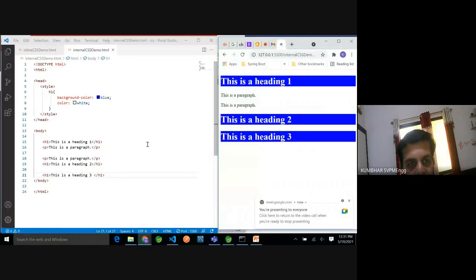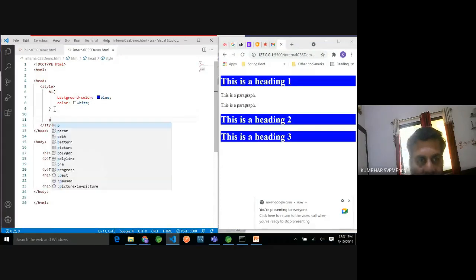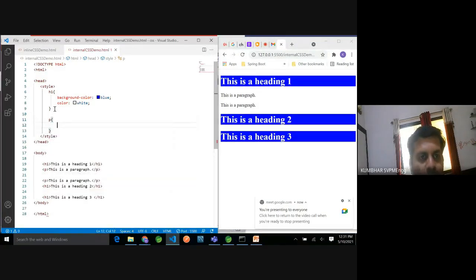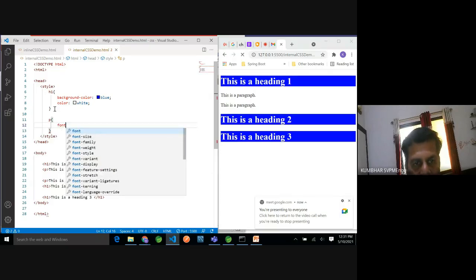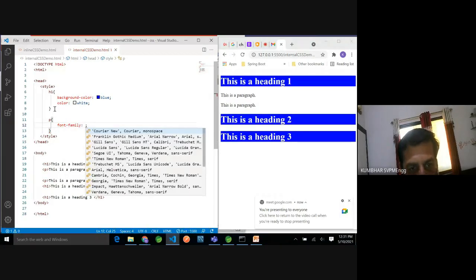Let's move ahead now. Like this, I can apply the style to element paragraph also. So P, opening closing curly bracket, and then let's try for font family. Let me go for this. See, you don't have to remember the font name spellings. If you are using Visual Studio Code, you can just go through this,